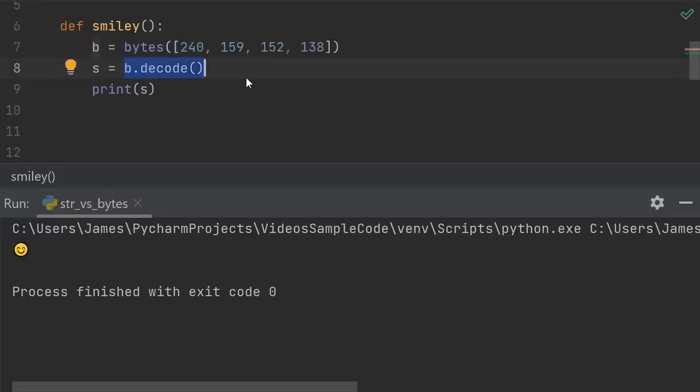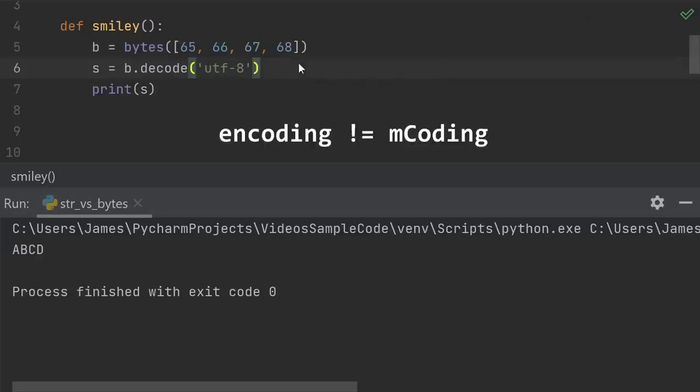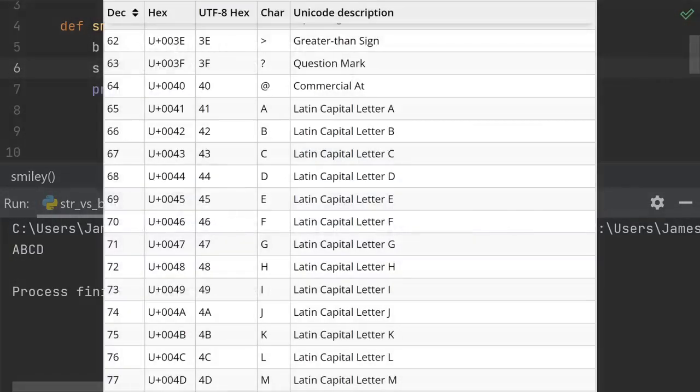So when I ask Python to decode a bytes object, I'm telling Python, this isn't just random memory, this is a sequence of characters. Tell me what these bytes mean if you were to interpret them as characters. But there's still a piece of the puzzle missing. Who determined that these numbers mean smiley face and that these numbers mean ABCD? This is the job of what's called the encoding. That's encoding, not M-coding. The encoding is a bidirectional map that gives you the sequence of bytes that corresponds to